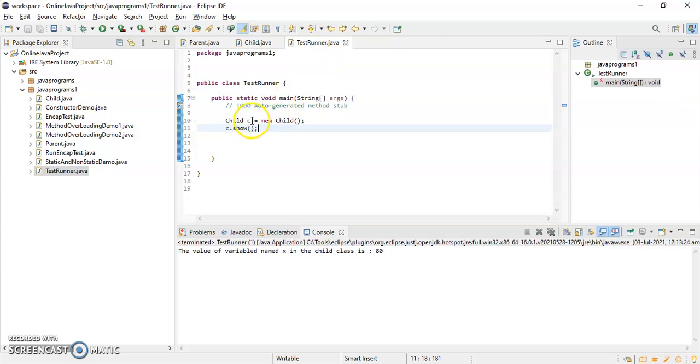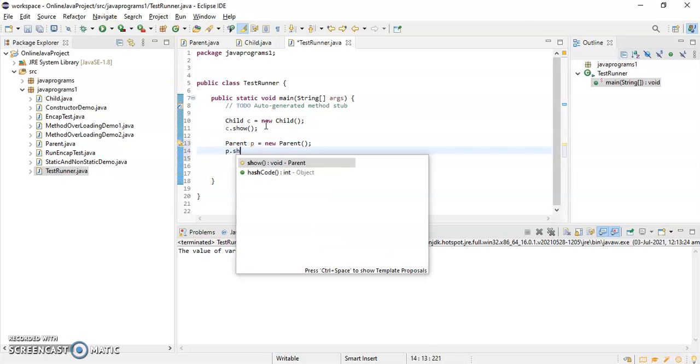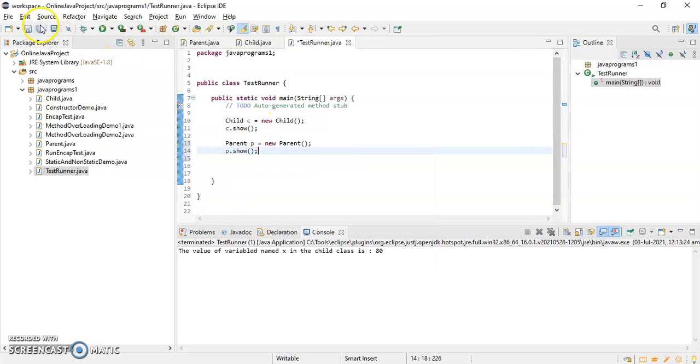So if I write Parent p is equal to new Parent, and give p.show, then it will obviously call the show method of parent.